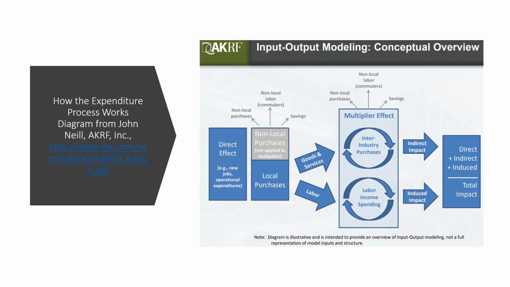What we do is we follow those two streams of money for as long as they stay in the area. We add them up, and then on the right hand, you get direct effects, which is what was originally spent, indirect effects, which is the input supply products that are bought as part of the process. And induced effects are the effects of people spending their payroll money or their incomes on those dance lessons, the bowling, the groceries, and all that sort of stuff. And altogether, it's the total impact.